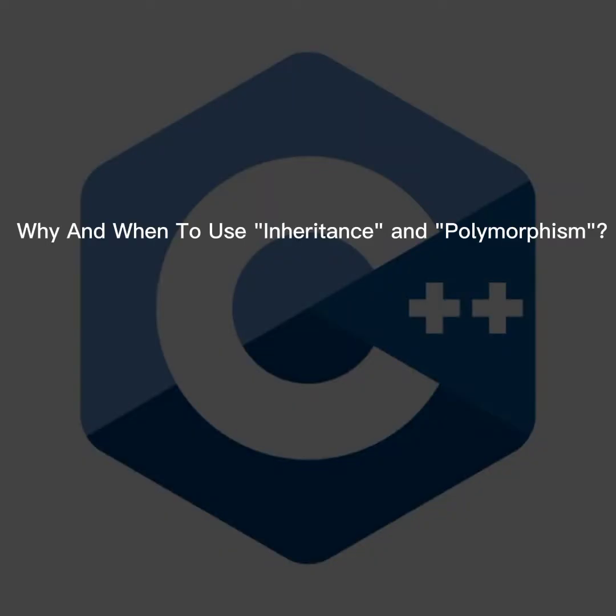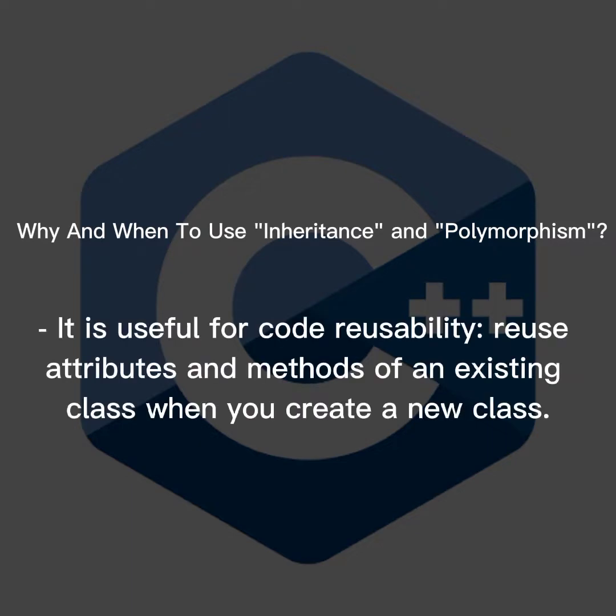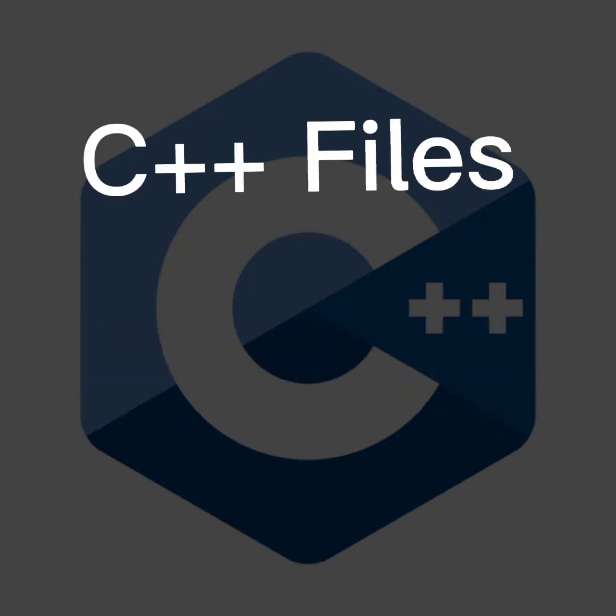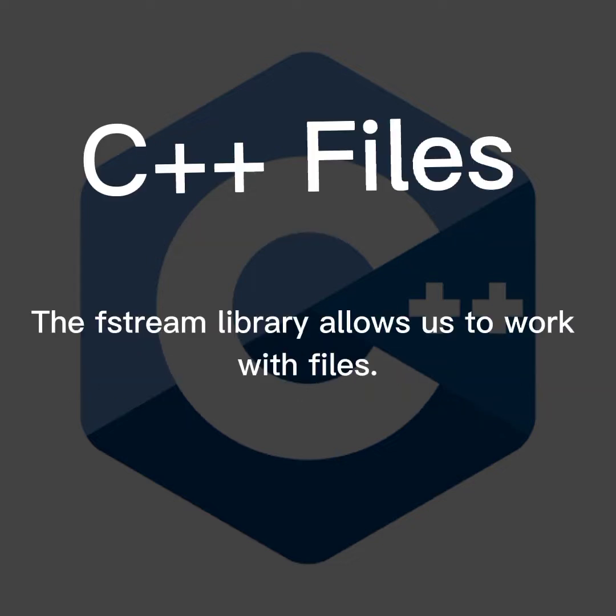Why and when to use inheritance and polymorphism? It is useful for code reusability: reuse attributes and methods of an existing class when you create a new class. C++ files. The fstream library allows us to work with files,